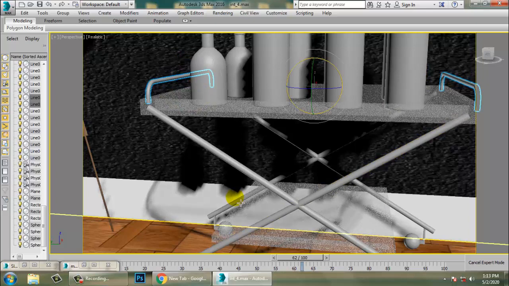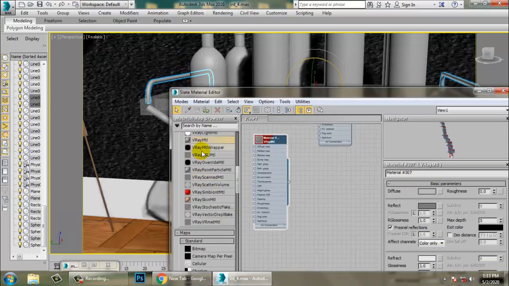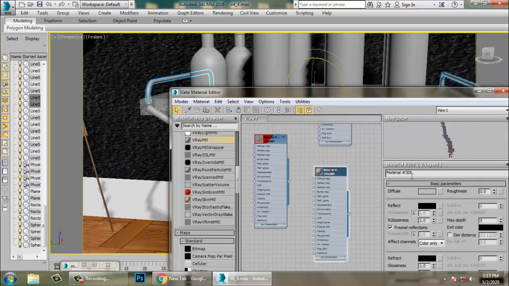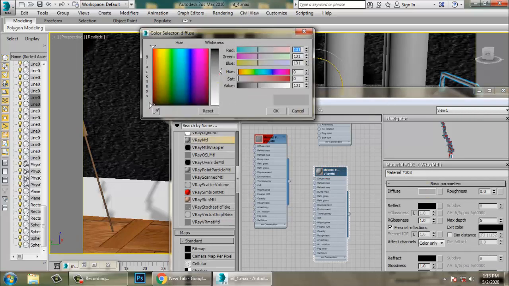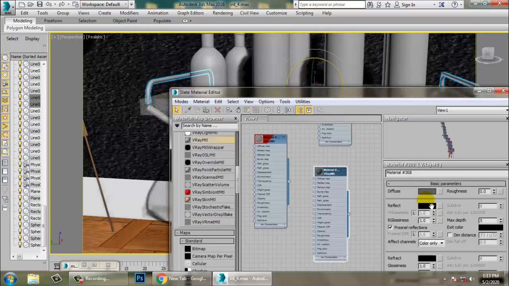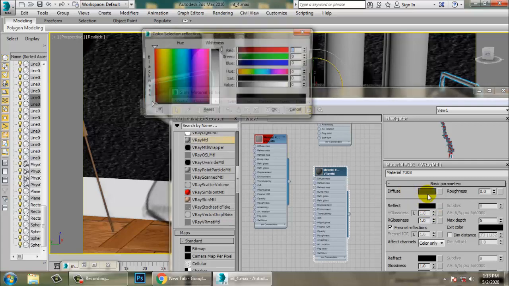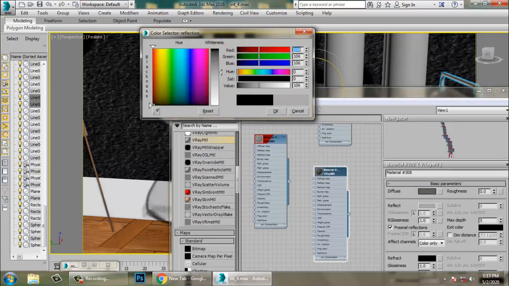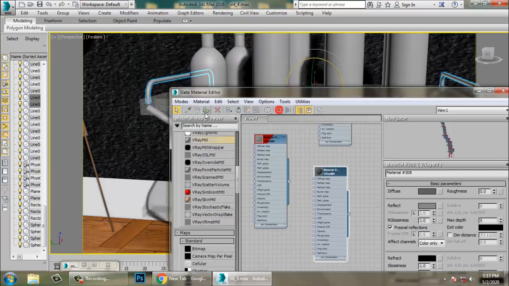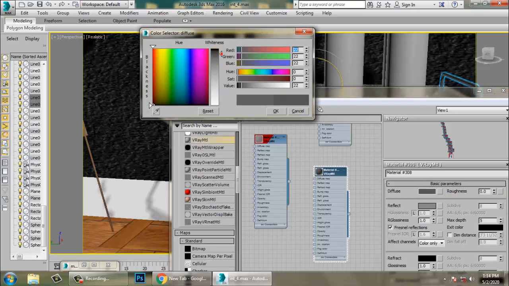Let's go into material and let's take a V-Ray material and let's assign a light black color metal over here. So I'm going to increase its reflectiveness over here. So increase its reflection, not much but a bit, and assign it. If you want to make it darker, you can just make it darker.